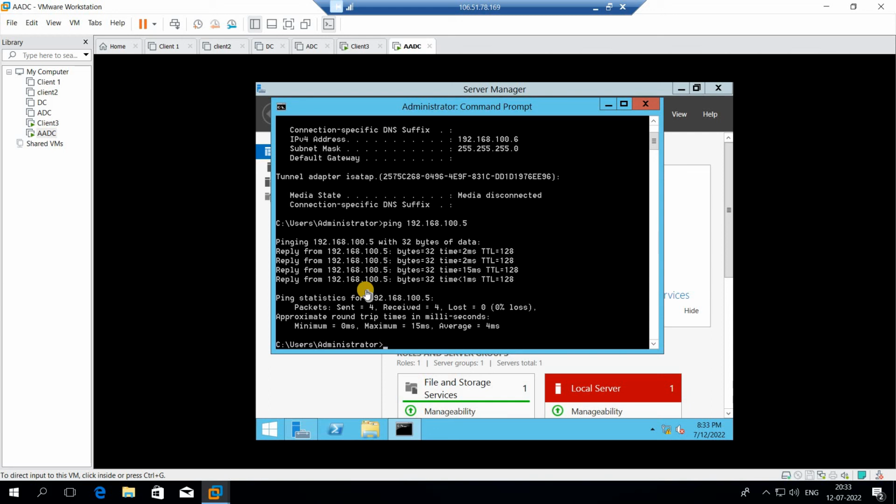Now remember, there are 2 points that you need to keep in mind. First, you need to create 2 client machines and 2 server machines. These 2 machines that I created right now were just for reference. We need to create client 1, client 2, DC and ADC. The DC will be the first machine, hence its IP address will be 192.168.100.1. The ADC will be the second machine, that is